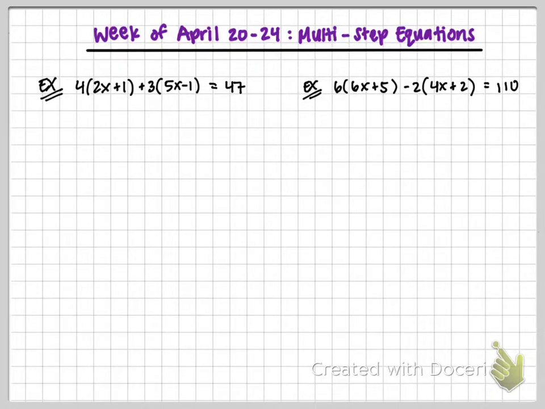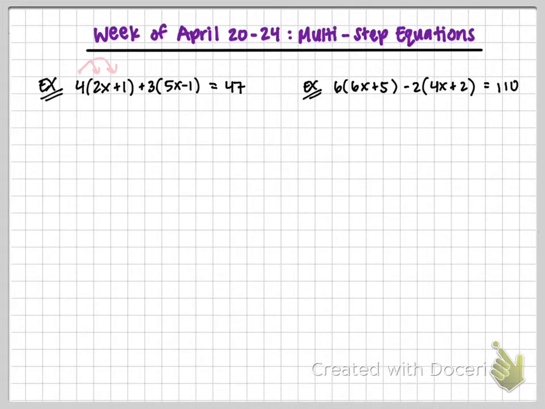All right, last set of examples. This one says 4 times the quantity of 2x plus 1 plus 3 times the quantity of 5x minus 1 equals 47. The only difference between this one and the previous set of examples is that this one has, you guys can see, 2 sets of parentheses with a number on the outside, a term on the outside, so we have to distribute 2 times. So we can go ahead and get started with this 4,